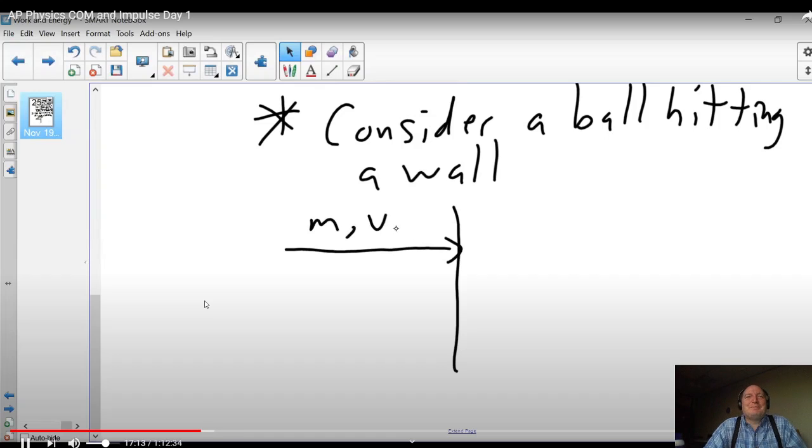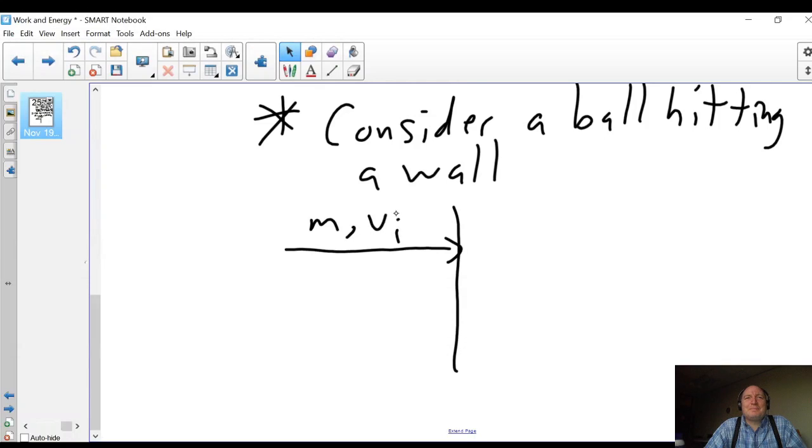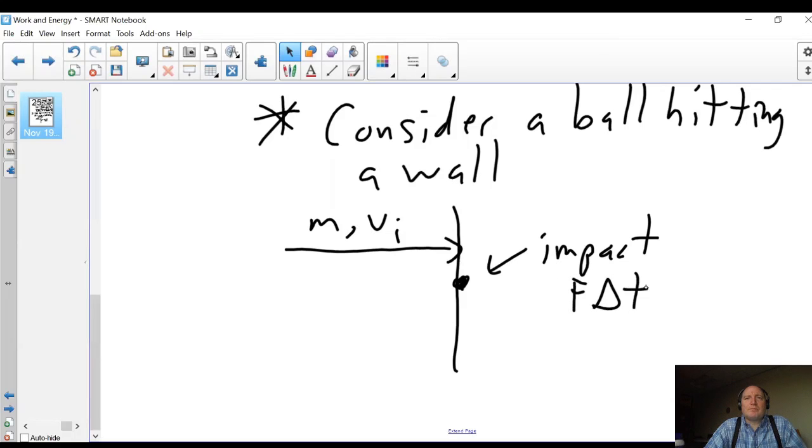Mass going to the right, so that's going to be a positive velocity. And then there's an impact of the ball on wall and wall on ball. The force of impact here is going to be the impulse provided by the wall on the ball, and that impulse is going to be the force of the wall on the ball times delta t. The ball is going to rebound,